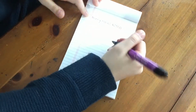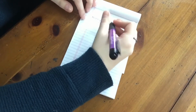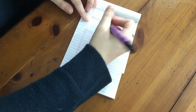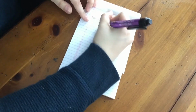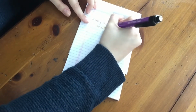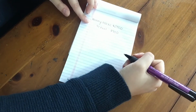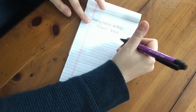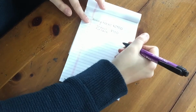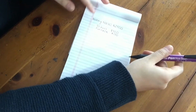So I usually prioritize it with things that I need and then things that would be nice or that I would want. One of the big things that I needed this time around was I need to save some more money for school. So I'm going to put down school and how much I need for that. There were a few other things, such as my furnace being serviced in the fall. I want to say it was $150,